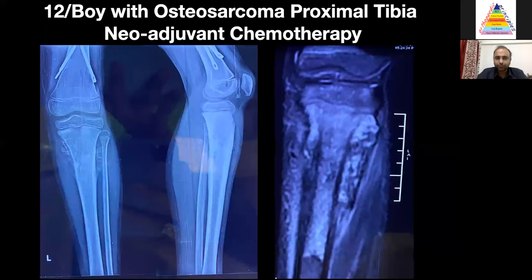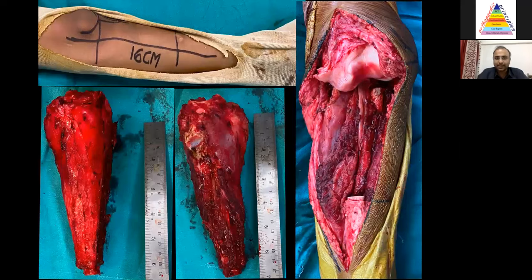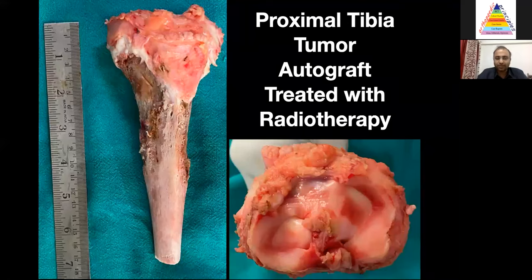So next is a 12 years boy having tumor of the proximal tibia. So we'll be seeing all the locations. We have seen scapula, we have seen radius, humerus, and we have seen distal femur. So it's now the turn of tibia. So it's a tumor involving the tibia, which was resected. So this is the medial skin incision. And here we can see the neurovascular bundle that is separated. And the tumor is very well covered with the soft tissue margins. This is the tumor bone, which was treated with ECRT and brought back again.